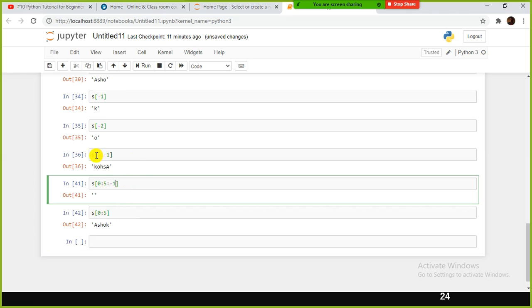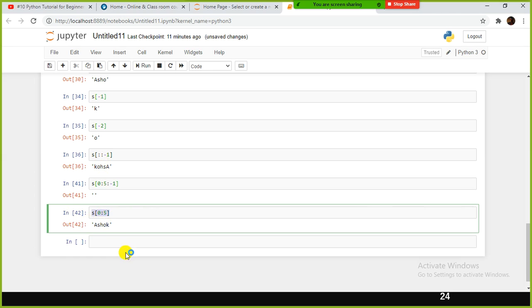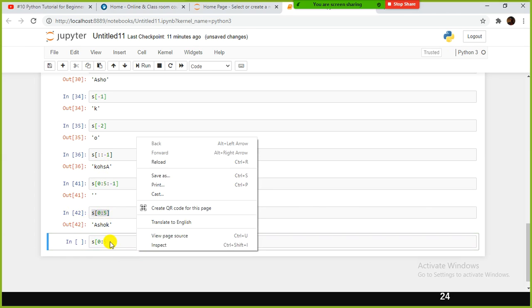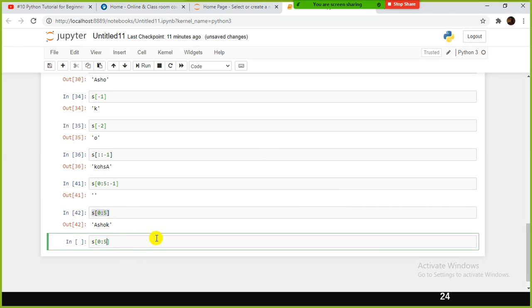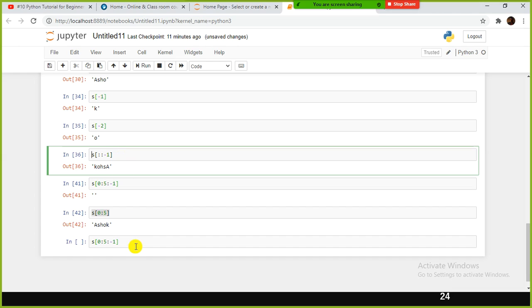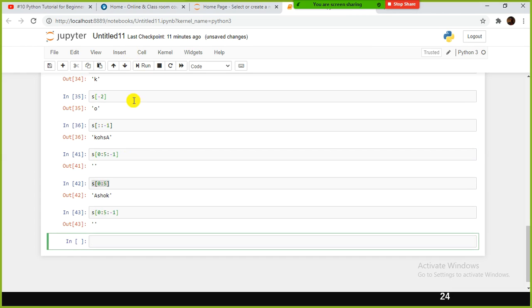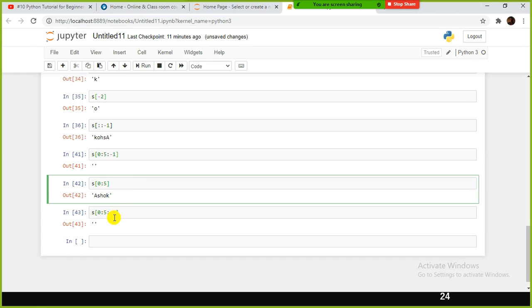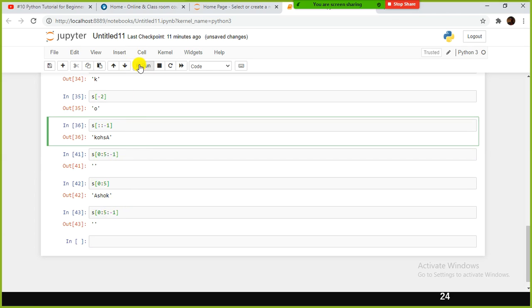Reverse, right? But let me do one thing, which is nothing but this statement, the previous line number 36. This is similar to that one, but giving empty. 0:5:-1.